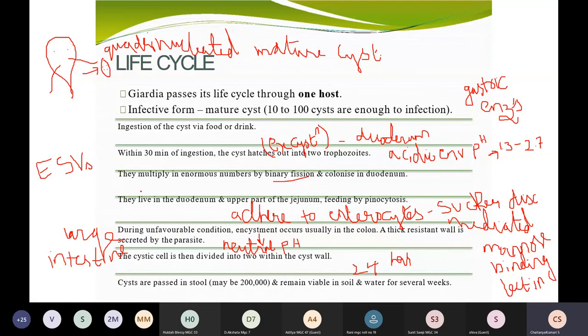After that, whatever trophozoites have been produced will increase their number by binary fission and colonize the duodenum, and then they slowly adhere to the enterocytes or epithelial cells present on the lining of the duodenum. This attachment will be mediated by mannose binding lectin receptors, which are present on the surface of the trophozoite, and then slowly they will get into the large intestine, where neutral pH will be there, and due to the unfavorable conditions,